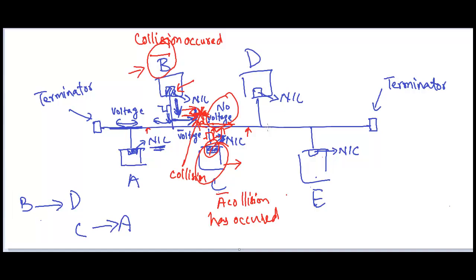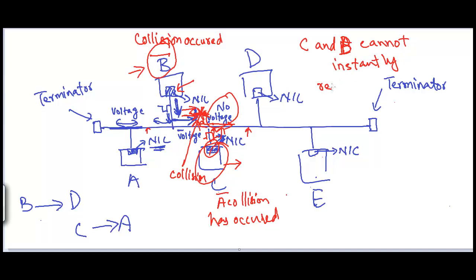So what happens is that both C and B, because B was the other station that was transmitting, cannot instantly